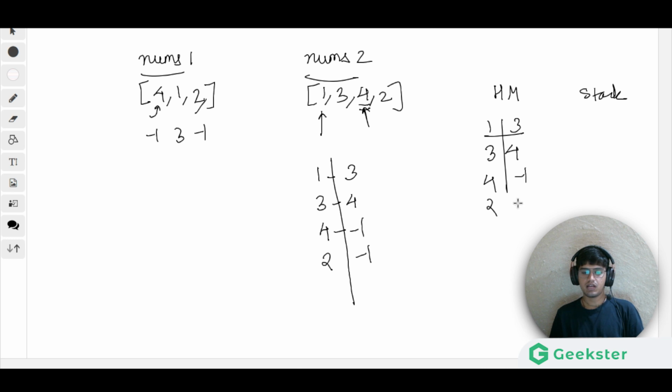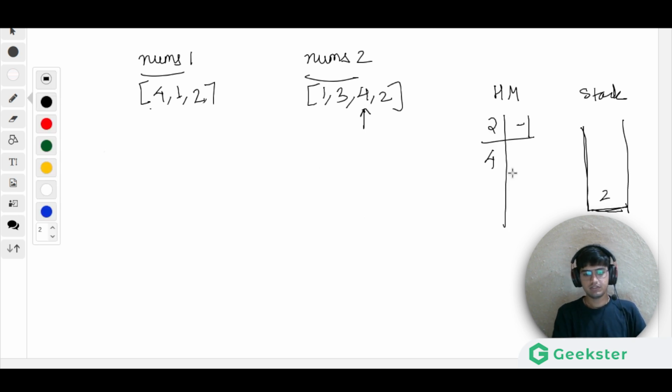Okay, and then for every value we will just look in our hash map, and that will be a constant, order of one operation that can easily be done. So for 4 we will find minus 1, for 1 we will have 3, for 2 we will have minus 1. So that is done, right? That will be just returned from there, and we'll be using a stack to keep the update for the greatest element.